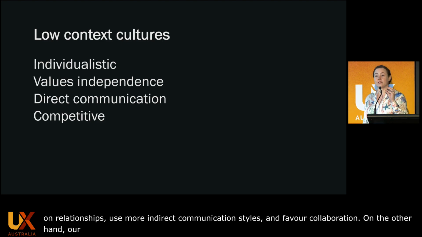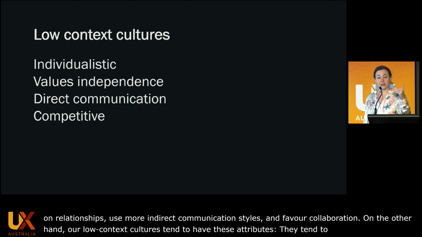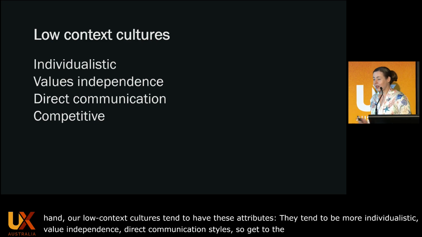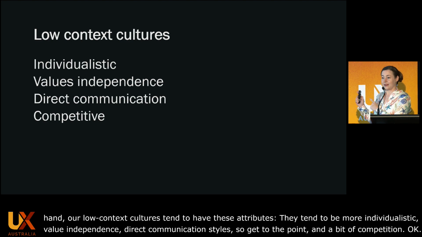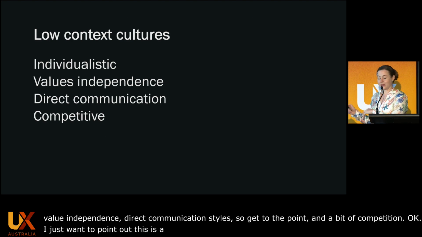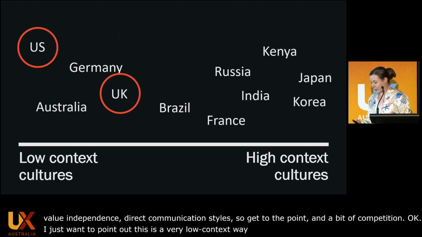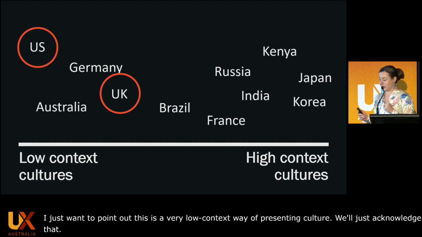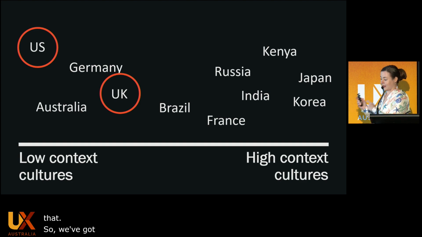They tend to be more individualistic, value independence, direct communication style, so get to the point, and a bit of competition. Okay. Just want to point out, this is a very low context way of presenting culture. We'll just acknowledge that. So we've got our models from the US and the UK. These are pretty low